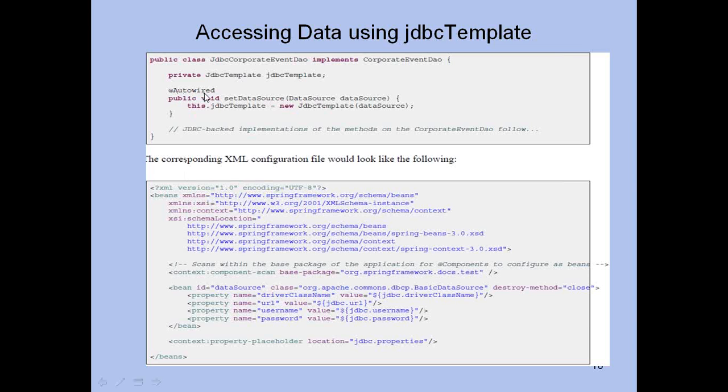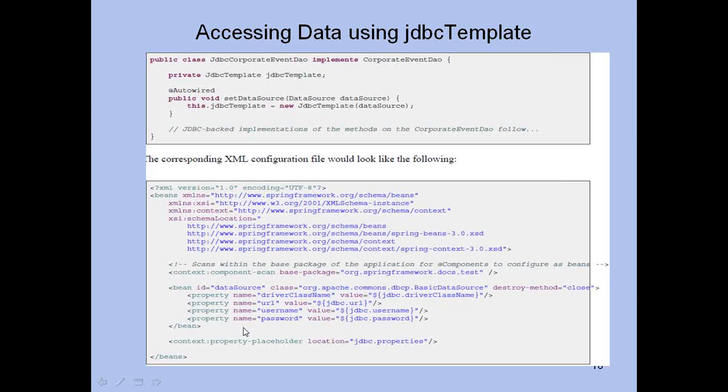and for those annotated methods you are injecting the value for the data source using context property placeholder location JDBC.properties. This context property placeholder is to inject values into these placeholders at runtime. You see dollar, curly bracket and curly bracket.